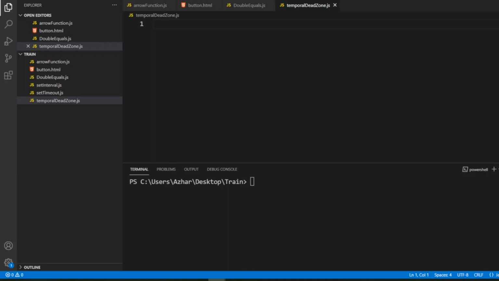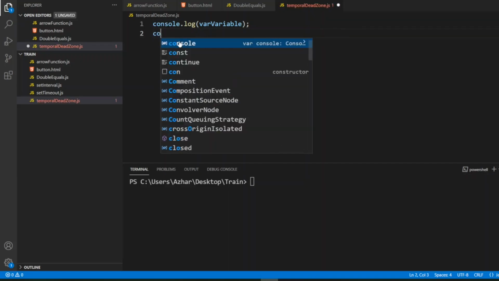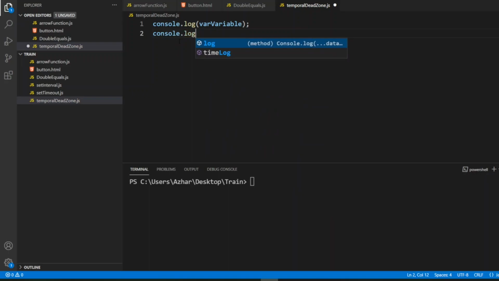Guys, today we are going to discuss what is temporal dead zone in JavaScript. For that, I will declare two variables. Before declaring them, I'll just write console.log of var variable, and I'll write console.log of